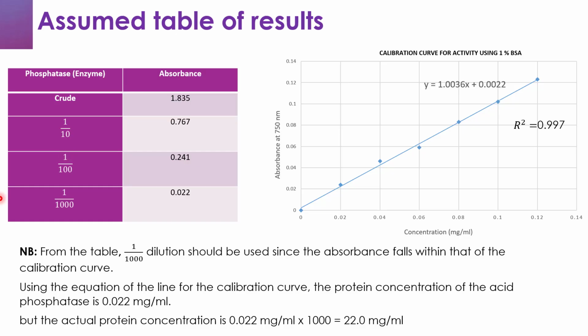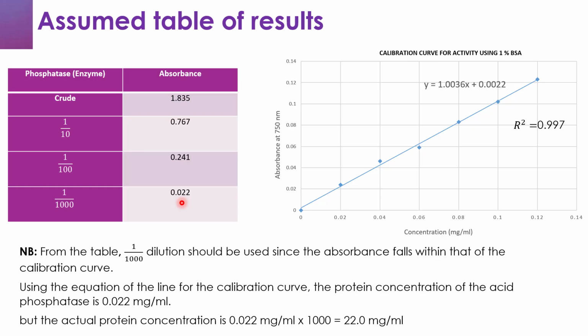And that of the 1 in 1000 dilution, which happens to be 0.022, falls within the absorbance values on the calibration curve. Hence, I would say it is best to use the 1 in 1000 dilution value to extrapolate and determine the concentration